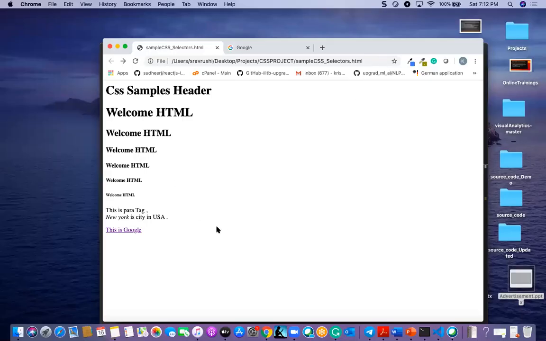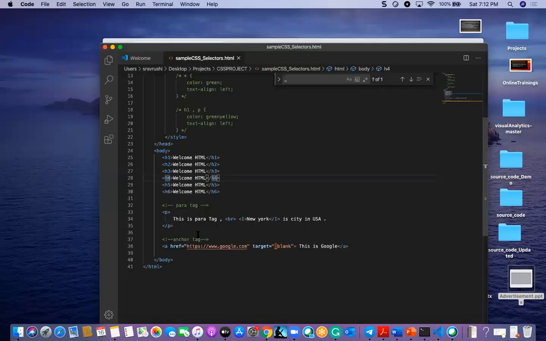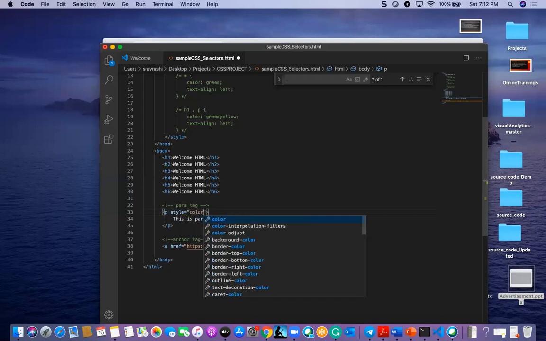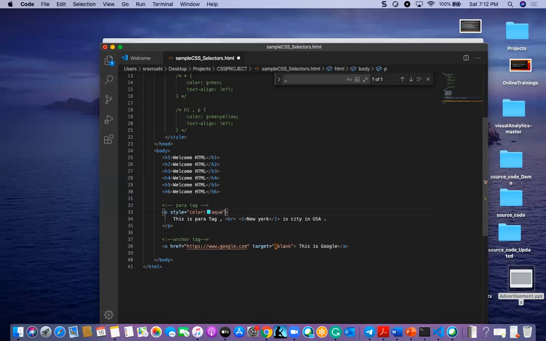So we will see the style attribute. I have here a para element, and in this para element I just want to give the color as aqua or something. So it will change the text within the para alone into aqua.